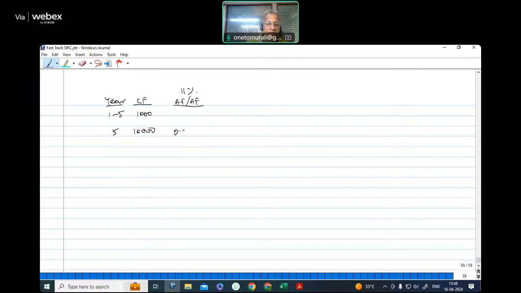That means I'm expected to discount at a rate greater than 11%, so that it is happening between 11 and 12. So the annuity factor or PV factor at the rate of 12%: